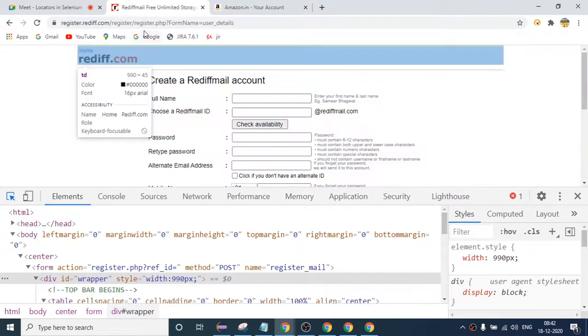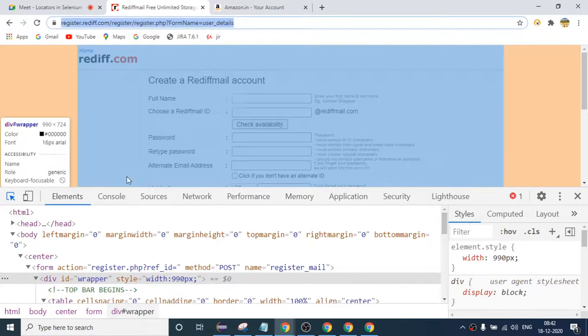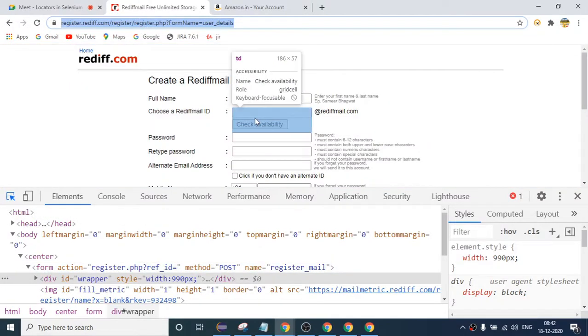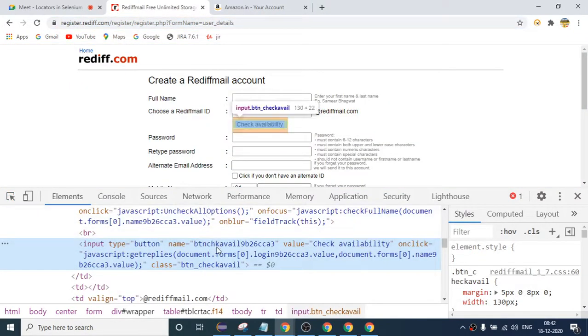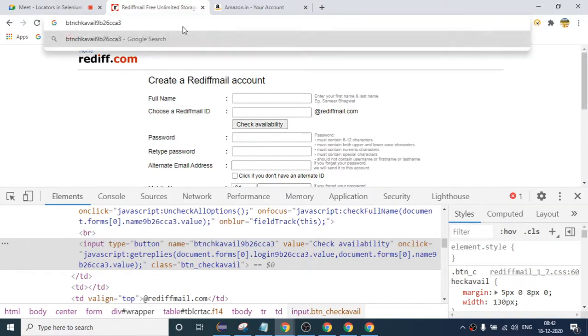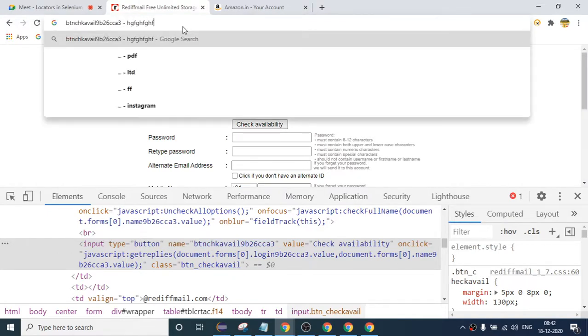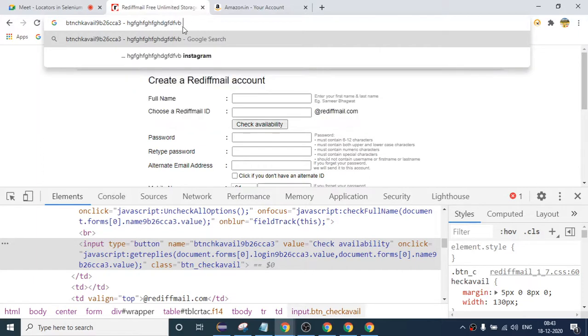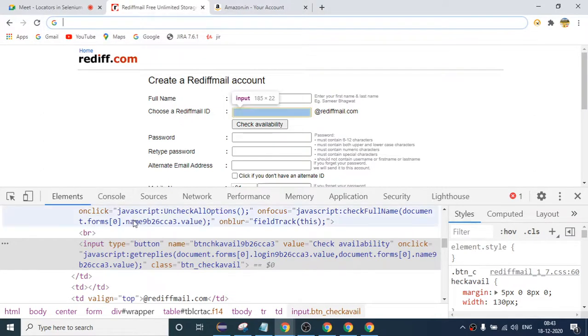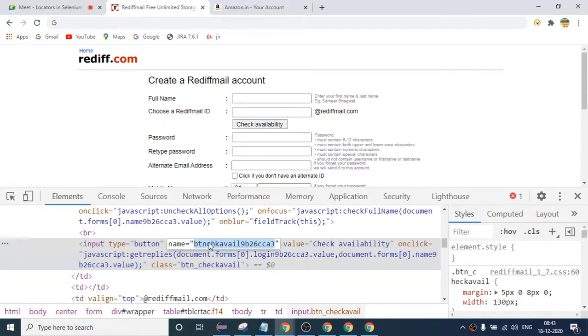Okay, I got your question. You are saying suppose this id will keep on changing. Just suppose it is an id, and the whole id will change every time to something different. So here, yes, you cannot use starts with or ends with. Just suppose it will keep on changing.